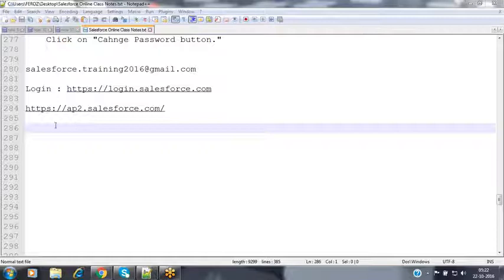Now we will see the practical examples inside the Salesforce account, and what are the various features offered by Salesforce as part of Salesforce CRM, and how we can customize those features without writing code, and we'll see them one by one.